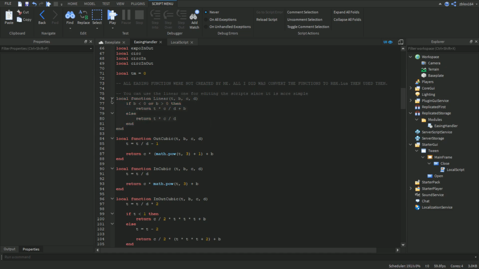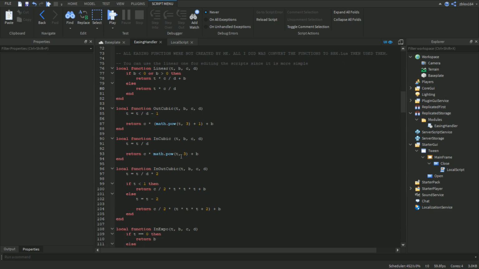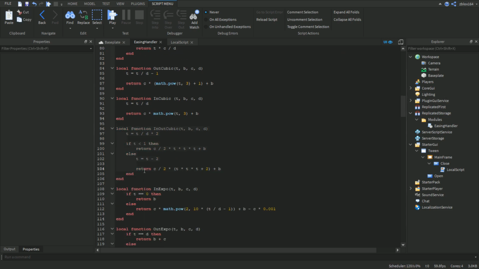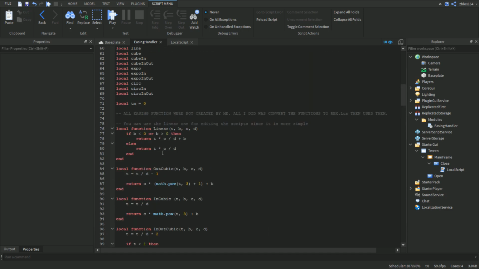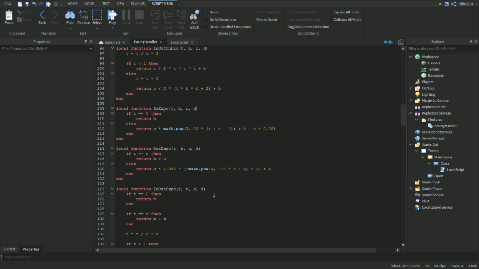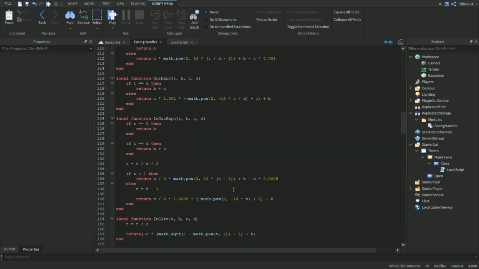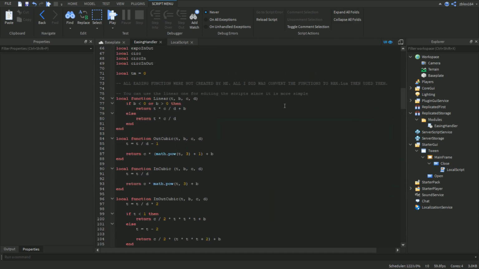Basically, the reason why linear is still in here is because it's simple enough that if you want to try stuff out without ruining these, then you can do that and then work on adding it to here. If you don't like something about one of them, you can just try it on linear. It's also for testing purposes for me, and I just thought, hey, if people want to test stuff out, I'll just leave it in. But anyway,